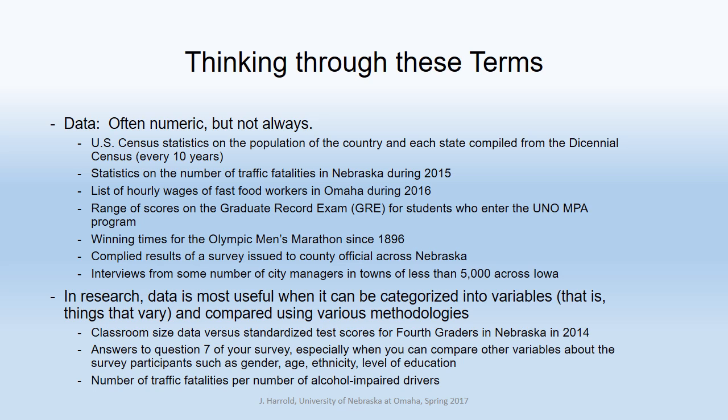So far, you haven't done anything with that data. You just know what the numbers are. Data could also be things like statistics on the number of traffic fatalities in Nebraska during a particular year. So if during a particular year there were 287 fatalities, that's just a number. But it is reliable data that probably was published by the state that says these are how many traffic fatalities occurred in our state in this year.